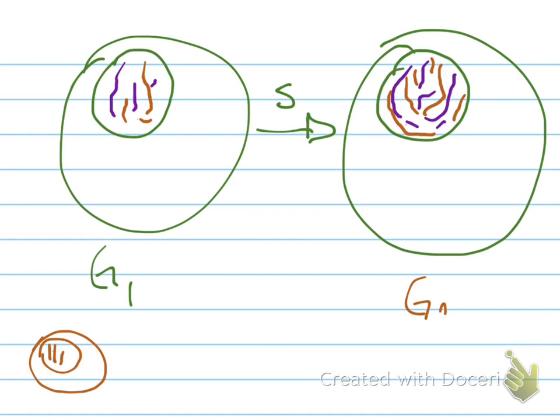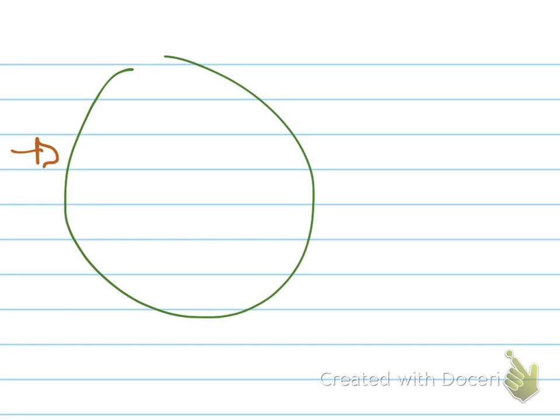Once again, this is G2. Our cell passes all of its checkpoints. It's ready to divide. So it goes into mitosis. Now, the first stage of mitosis is the most complex one to draw. And in the first stage of mitosis,